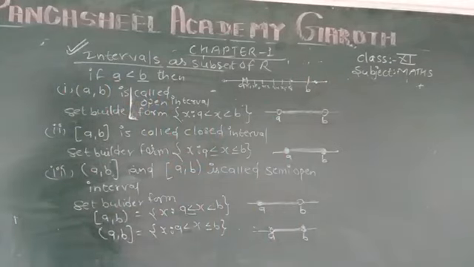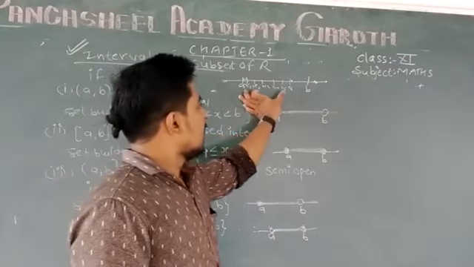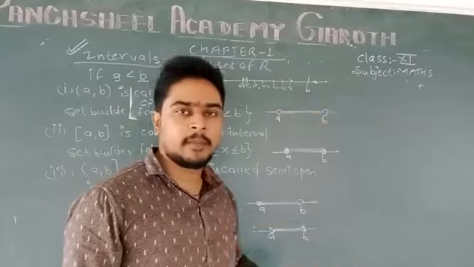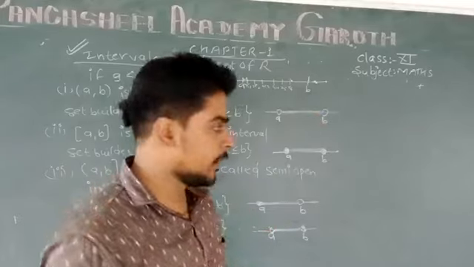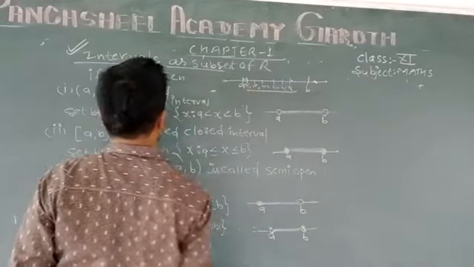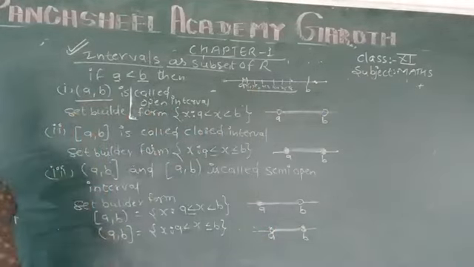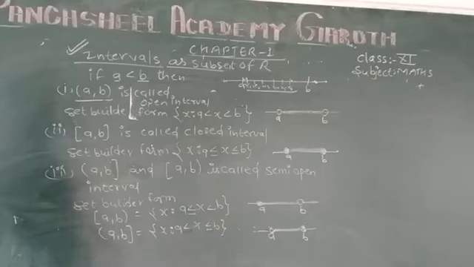If we take only those values that lie between A and B, however many they may be, if we take the group of only those values which lie between A and B and represent it as the small bracket (A, B), it is called an open interval. इसको हम open interval बोलते हैं.